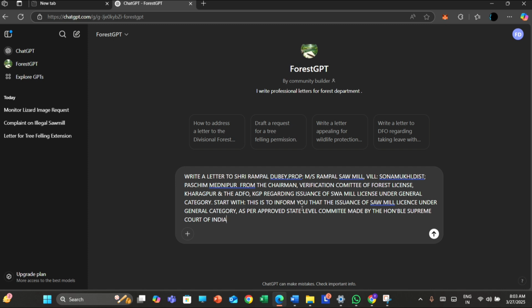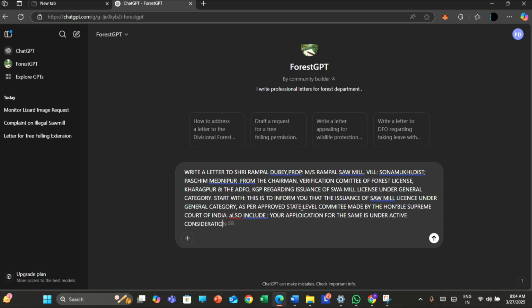Also include, now the next prompt will be: also include your application for the same is under active consideration, to the respected divisional forest officer and authorized officer, right?